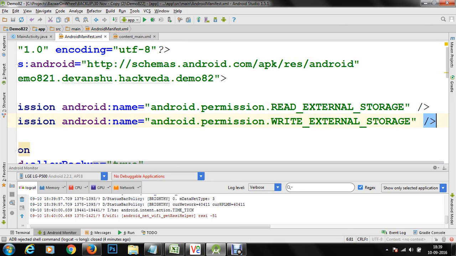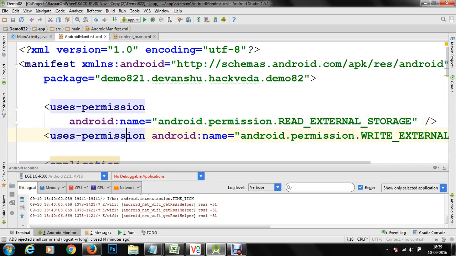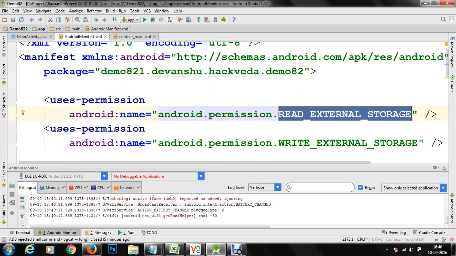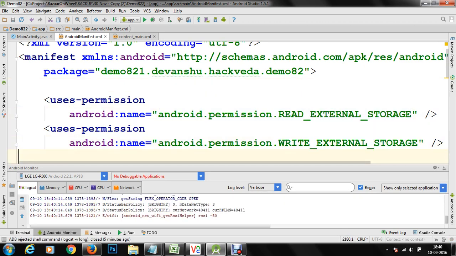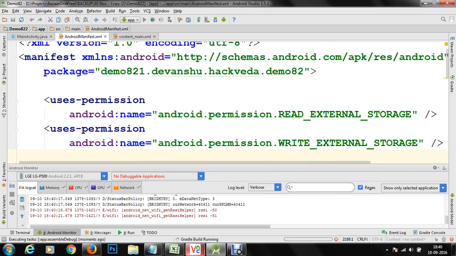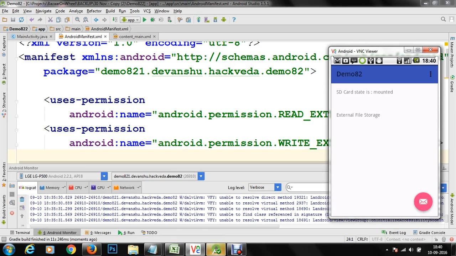So finally we have got these permissions installed and used in our application. We will be using these two permissions. One will be to read the external storage, and second will be to write the external storage. Once we are done, let's save it and now we are going to test our application on our mobile device. We'll click on OK, build will be done, and this time we are going to get the external file storage for our application. Again I am telling you, getExternalFilesDir will return you primary shared and external storage medium.